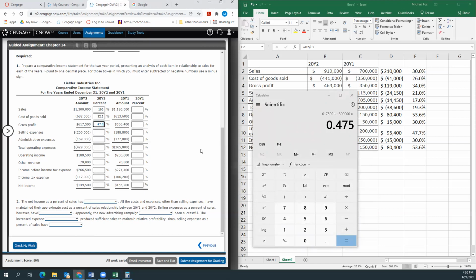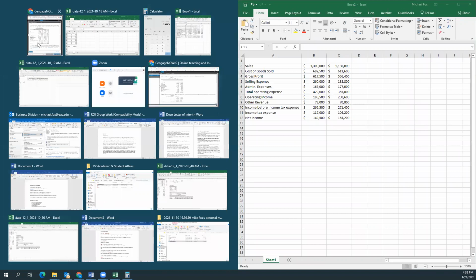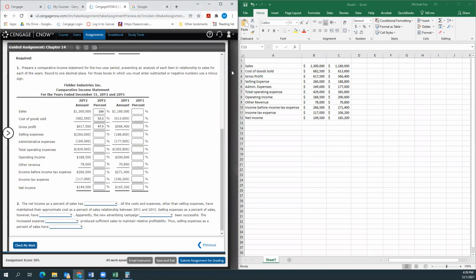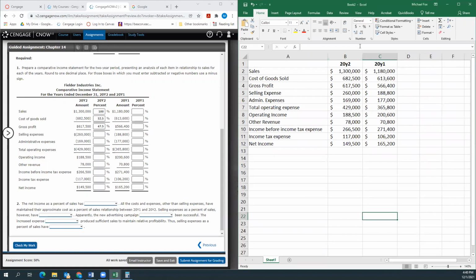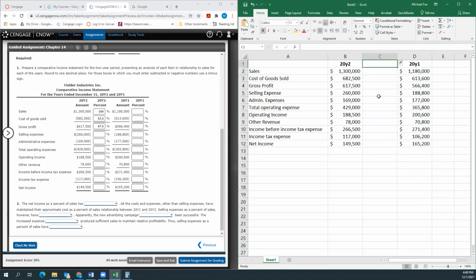And we can keep going that way, but I'm going to set up an Excel spreadsheet that will allow us to do it much, much quicker. Let's see. So let me pull this over here. So again, I just have all of this information. There's 2002, Y2. There's 2001, Y1. Make it a little bigger. All right. So now I'm going to actually insert a column in between. And here will be my percent changes. And all I'm going to do for this is I'm going to divide